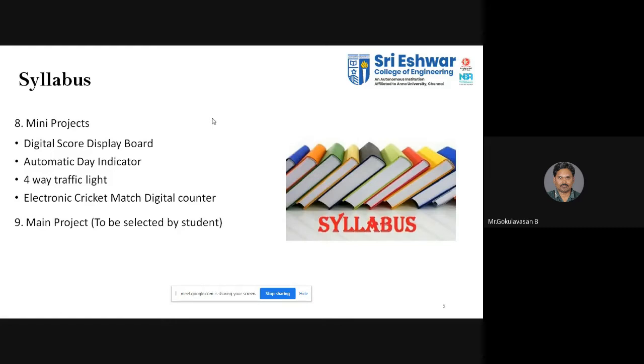So kindly form a batch. You might have framed batches, chosen your area, and chosen the experiment which you are going to do, and I think you might have handed it over to your class representatives, Rahul, Franklin, and Priyadarshi. Start working towards the completion of the mini project, because one day will come and